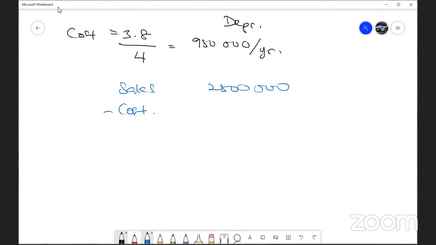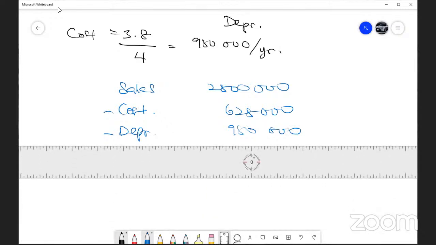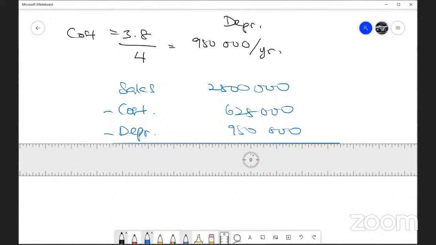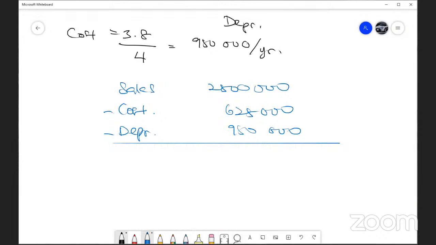So this is how much? 25% times 2.5 million is 625,000. Then minus depreciation, $950,000. So $2.5 million minus 950,000 minus 625,000. How much do you get? Earnings before tax